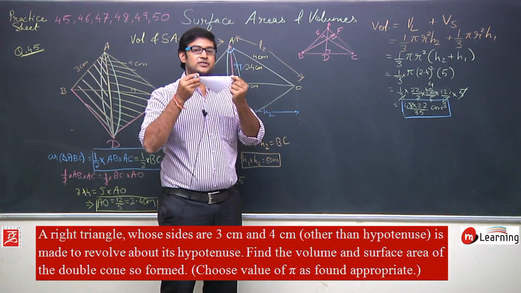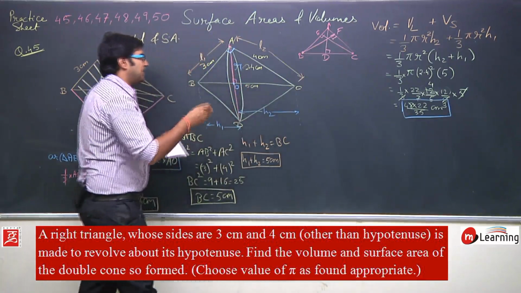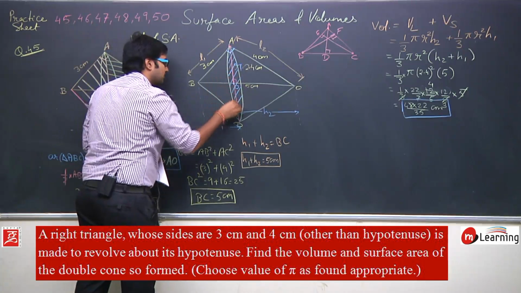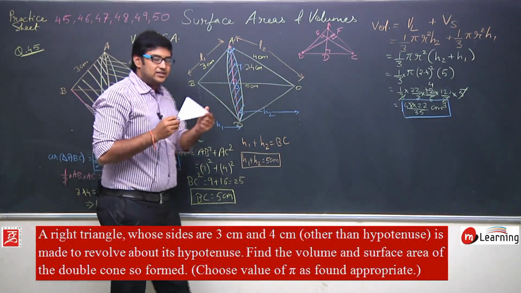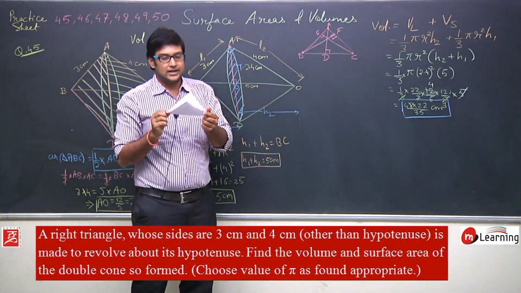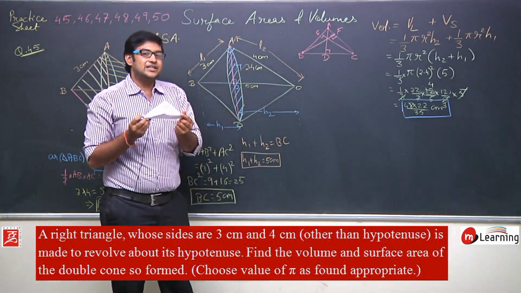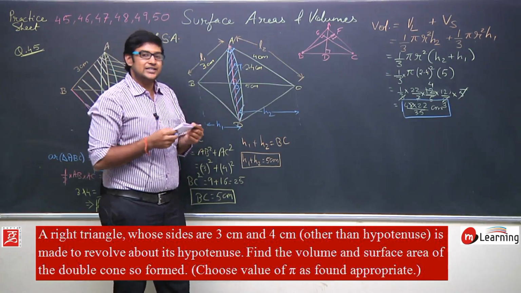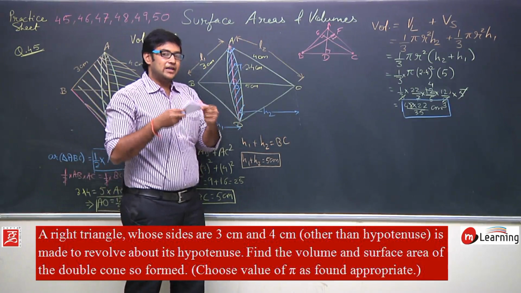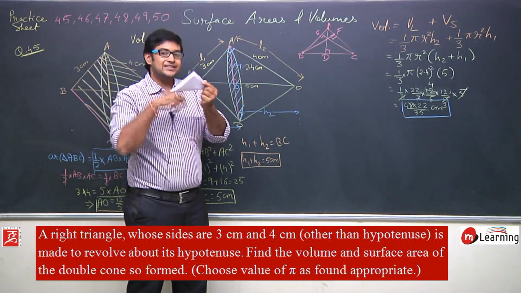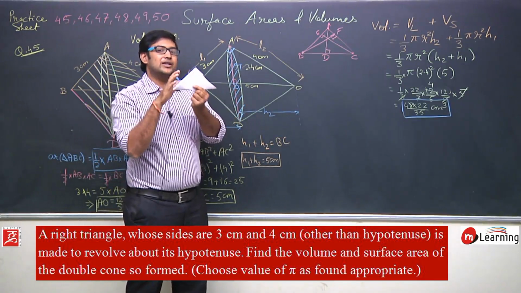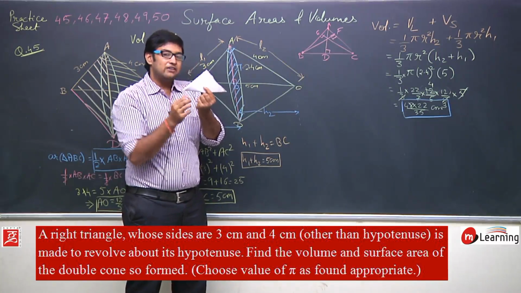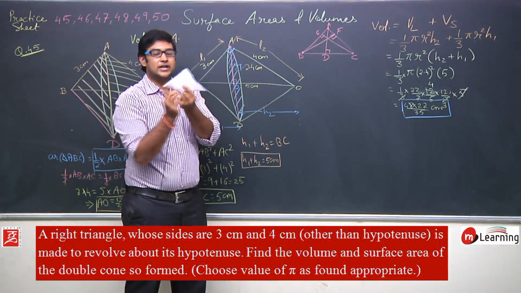The outer surfaces of this triangle are moving, but the base of both the cones, that is this base, is not visible outside. So I will not consider this base in case of surface area. I will not consider this base as the surface. Why? Because I am rotating the cone, the base is inside the cone. You can only see this AB and this AC outside the cone. Even this BC is not visible outside.